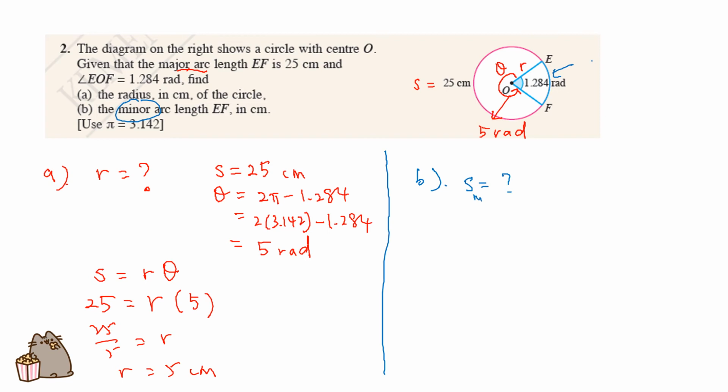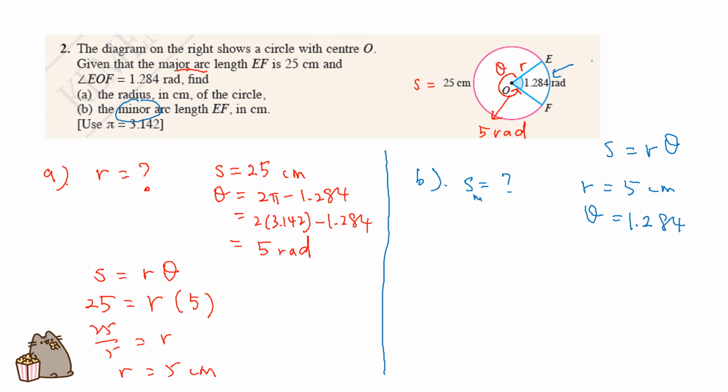So still the same formula, which is S equals R theta. What is the R? The R remains the same as here, which is 5 centimeters. Then the theta here will refer to the minor arc. Since we are asked to find the minor arc length of EF, the angle must be the minor one also,